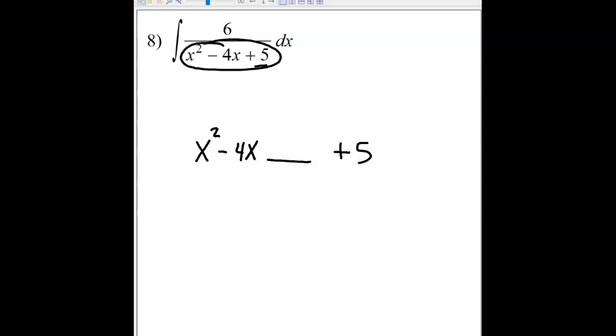And the number that I want is exactly half of this number, which is -2, squared, meaning raised to the second power. And that's what I want to put there. So -2 squared is 4. Now I don't want you guys to get the mistaken assumption these numbers are always identical. They're not. It's half squared. Now the reason for that is because when you factor this thing,